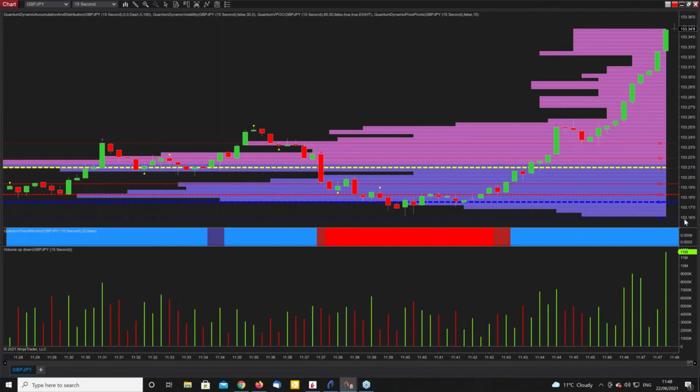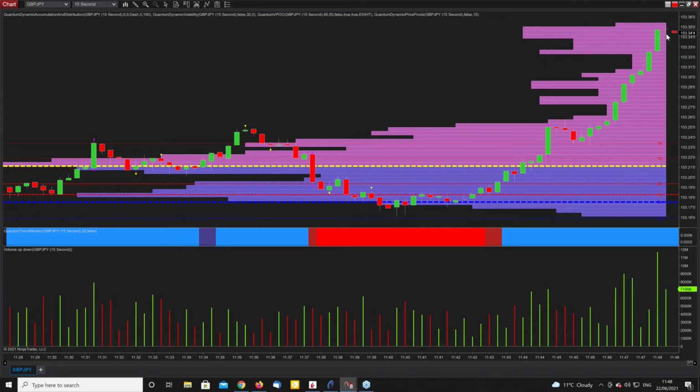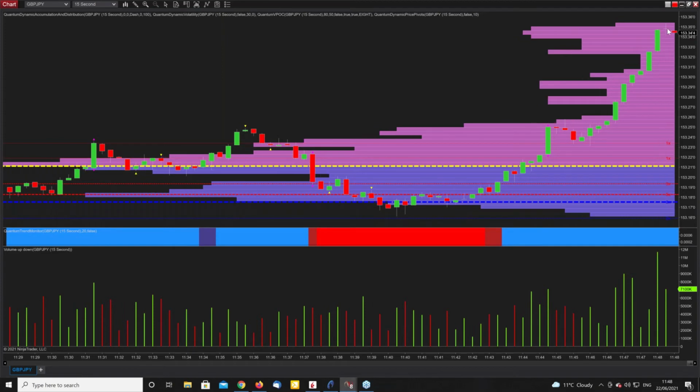That's okay. Decent volume on that. That's absolutely fine. It's quite high volume on that one actually. Maybe a little bit too high. Might be seeing a little bit of selling coming in, perhaps weakening a touch. We will see. Okay, I've got a tiny little doji candle up there. Might see a little bit of a reaction now.